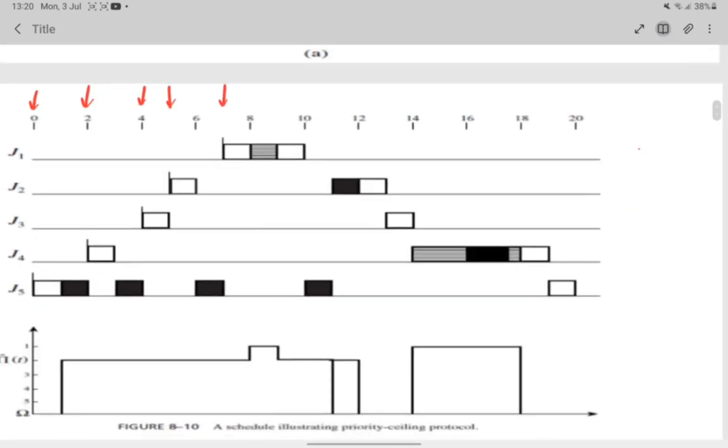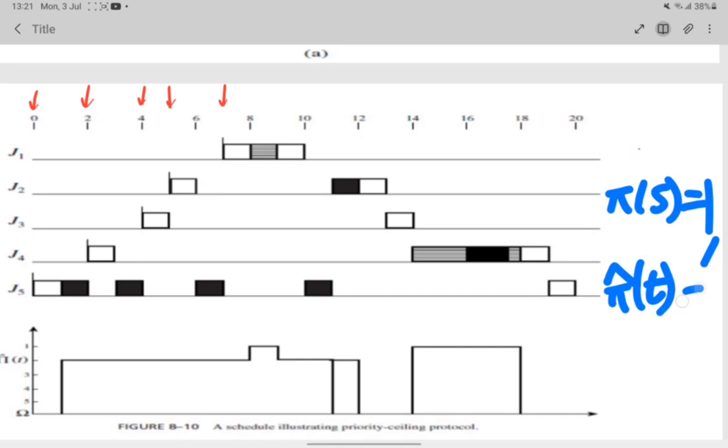The current system ceiling is 1, and the resource being held by the job, shaded, has a priority ceiling of 1, and the current system ceiling, which is also 1, is equal. So you can see here the resource black gets assigned, and it will execute for 1.5 units,